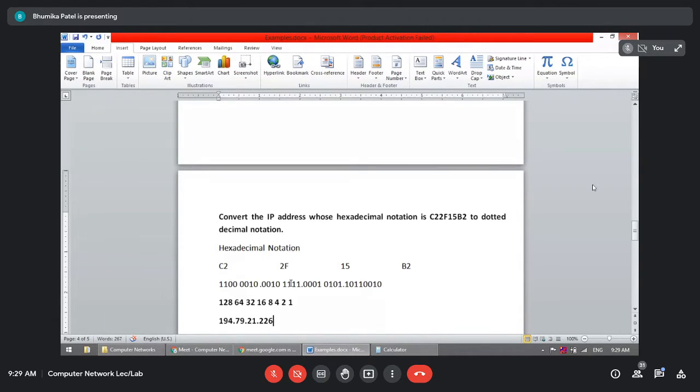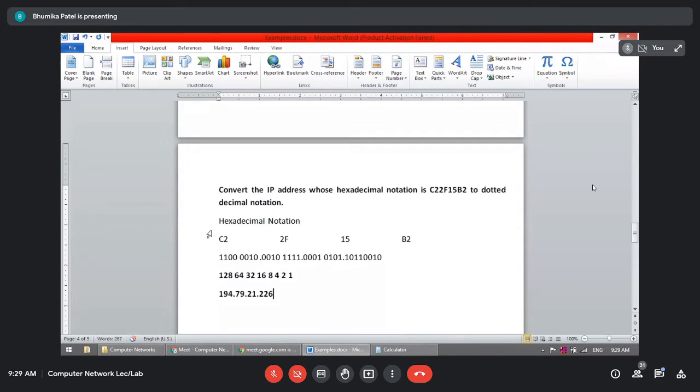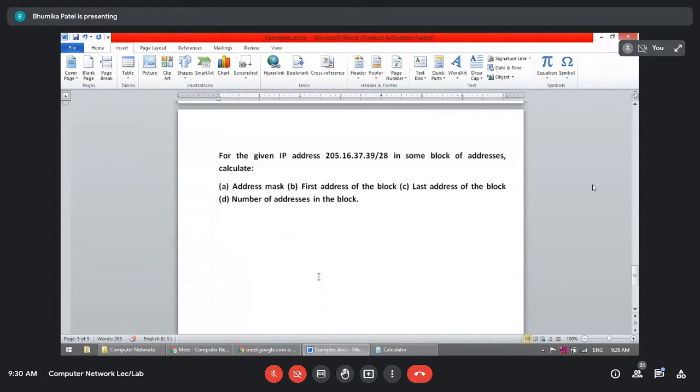So this is the dotted decimal notation for this particular hexadecimal. Yes. Okay, so if any IP address is given in hexadecimal notation, you should be able to convert it into this dotted decimal notation. It is not always hexadecimal; sometimes it may be given in octal. Either way, you should be able to do it. You just divide it into the 4 parts and then convert into the dotted decimal, right? Okay, last.